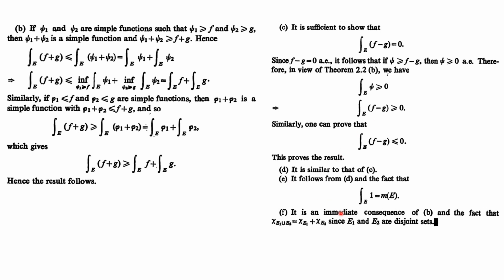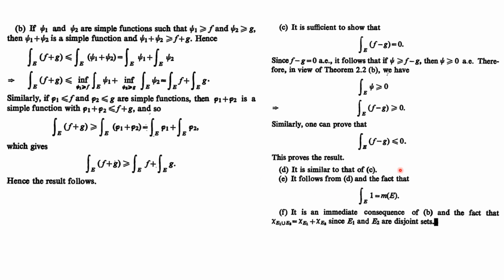Also the E part says whenever a function lies between some fixed numbers, the integral of f lies between alpha times the measure of E and beta times the measure of E. Now why does this hold? Using the A, B, C parts, we take the integral on both sides, where alpha is less than or equal to f is less than or equal to beta. Take the integral, we get alpha times the integral of 1, which is the measure of E, right, is less than or equal to the integral of f is less than or equal to beta times the integral of 1, which is again the measure of E.